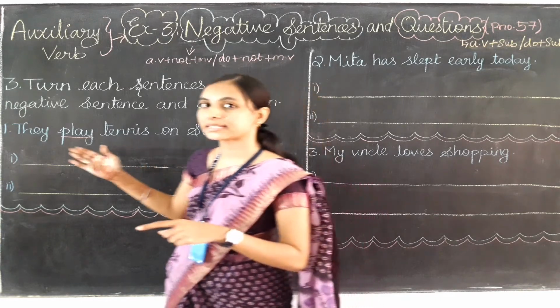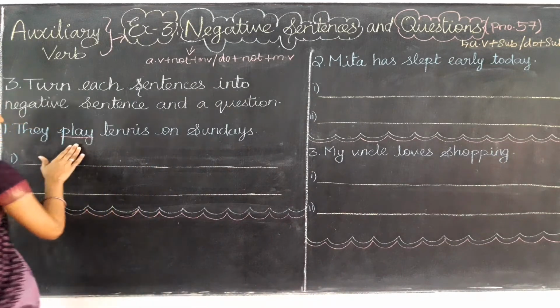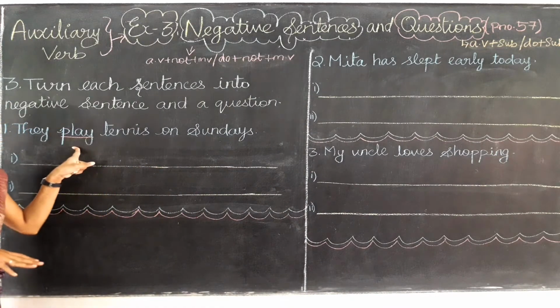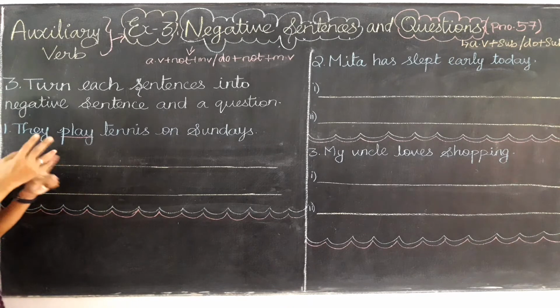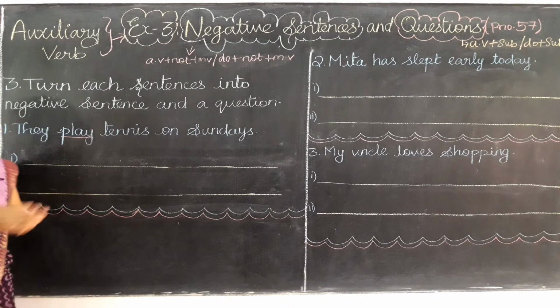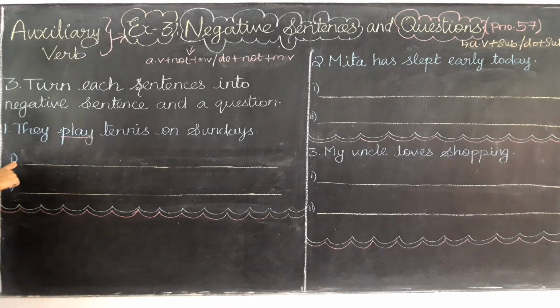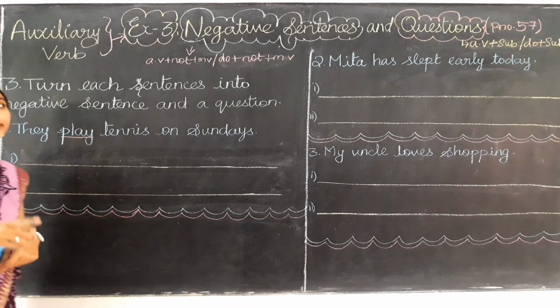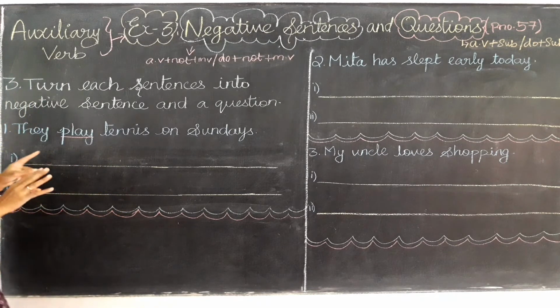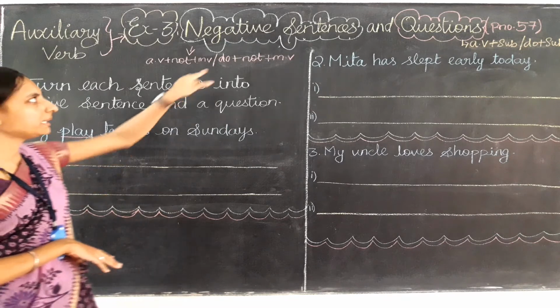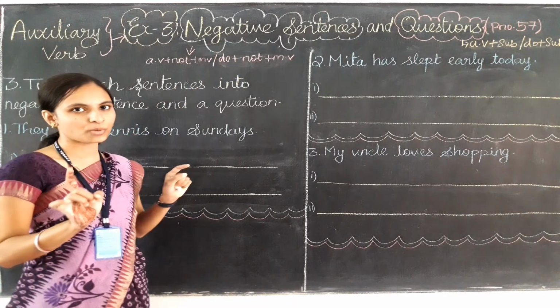No, there is no auxiliary verb, but there is a main verb only. So if there is no auxiliary verb, how can we make it? Let's do the negative sentence first for all the questions and then the question sentence. In the first dash we are going to write the negative sentence, and in the second dash we are going to write the question sentence. Let's do the negative sentence first. If there is no auxiliary verb, then we need to use the do form verb only.